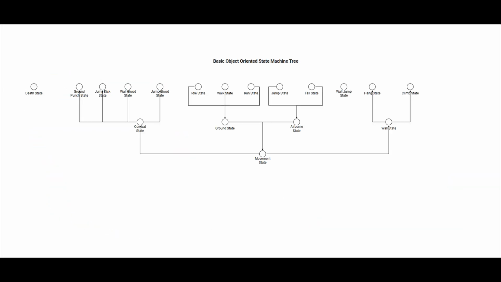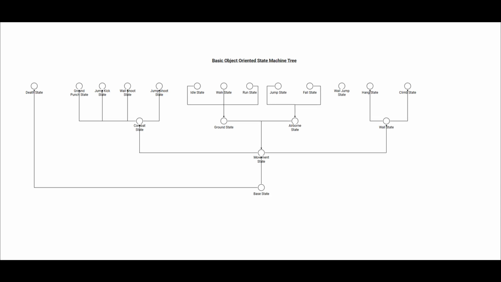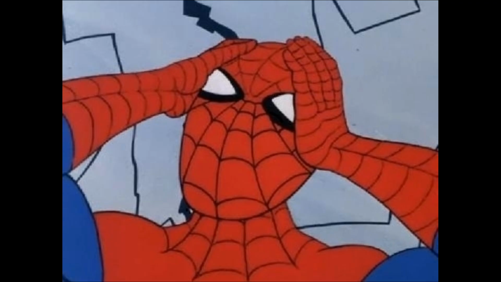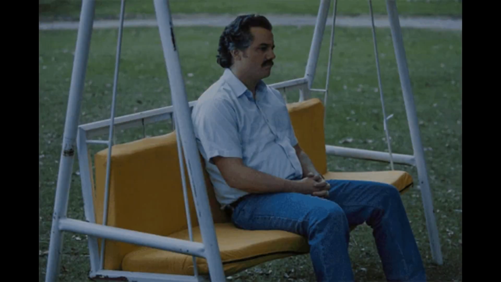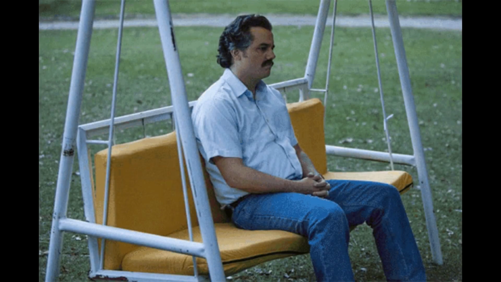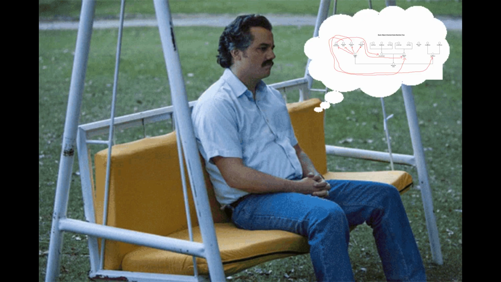Now I need a death state. The player should be able to die from any state, so this branch stems from the top of the tree. That's a completely new branch. And what about landing? Where I need Y velocity from the airborne state so I can tell whether or not the player will take fall damage. This isn't gameplay programming. All my focus was on this gigantic state tree structure that seemed so maintainable in the